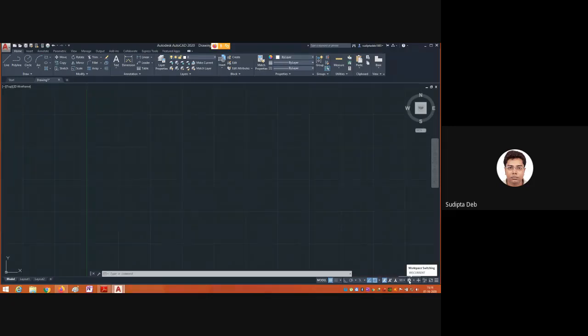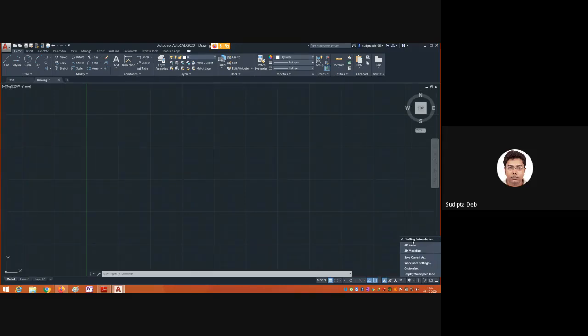In the status bar, if you click here, you get options: Drafting and Annotation, which is for drawing in 2D space, and also 3D Basics and 3D Modeling.